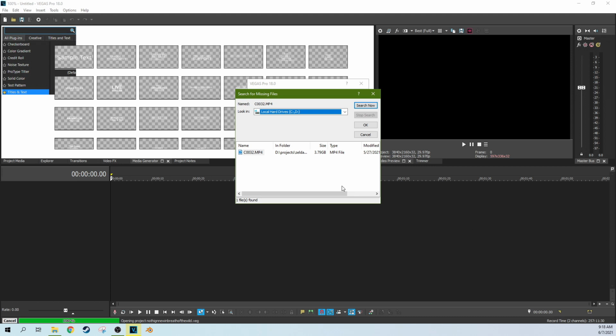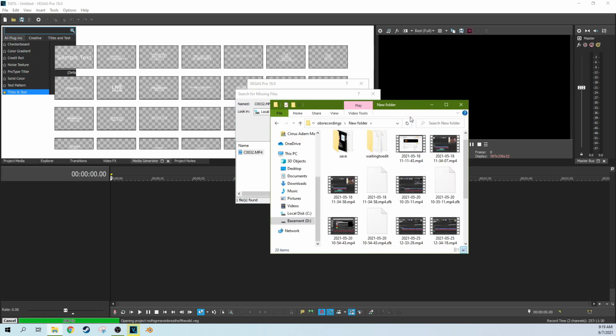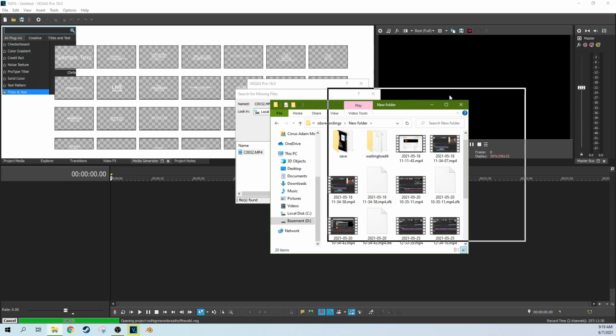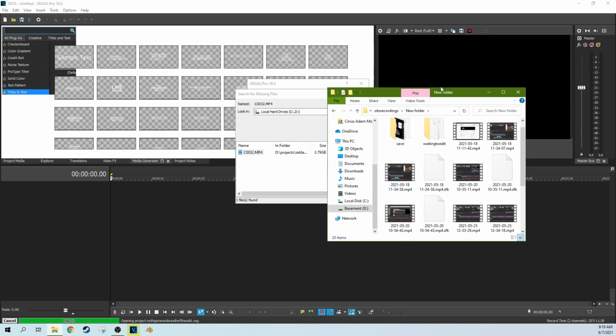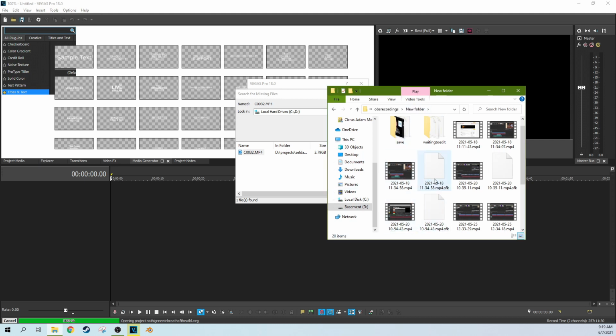So we're in Vegas Pro 18, but this also works for Movie Studio 17 and a lot of versions before this on both software. If you've ever looked at your project files and noticed an .sfk there, whenever you import something into Vegas, it puts the same named .sfk next to it, and this is how Vegas finds your files for your project. It kind of tells you what projects that file is a part of. So if this gets deleted, your file will go missing and it will have to create it again,